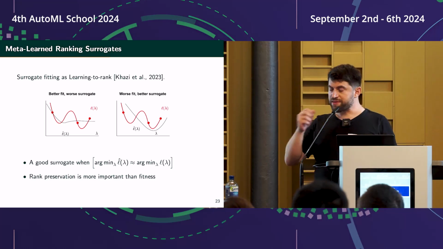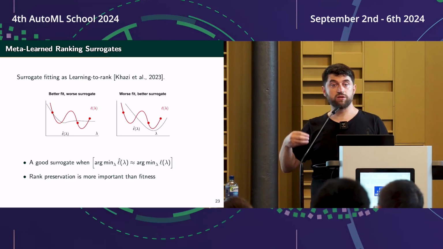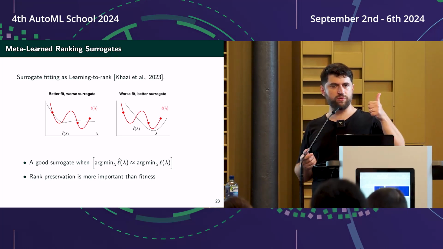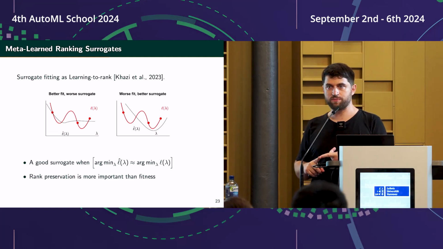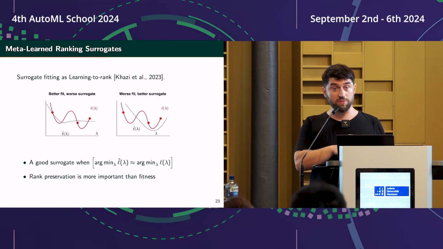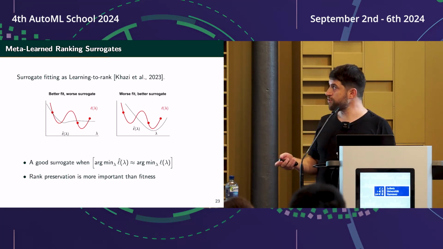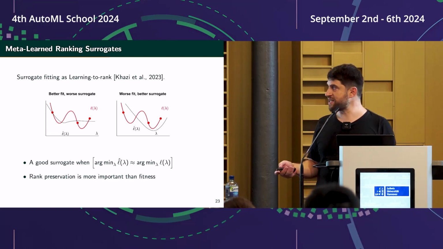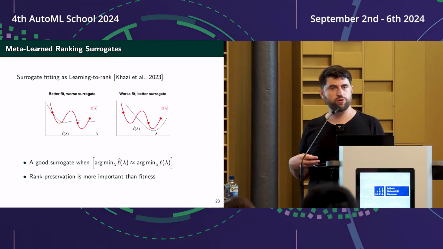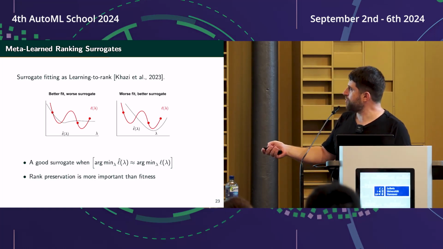There is also another direction, always in terms of meta-learning performance predictors. So far we saw the classical case, you meta-learn and you fine-tune. That was FSPO. The second case, you meta-learn but do not fine-tune because you use context. There is also a third approach, you meta-learn and you fine-tune, but not for a regression task. Instead, you can look at hyperparameter optimization as a learning to rank task. And the intuition here is the following. Consider that you have those two